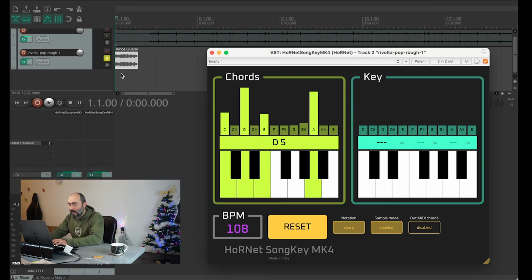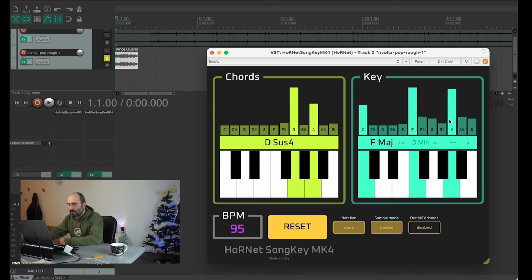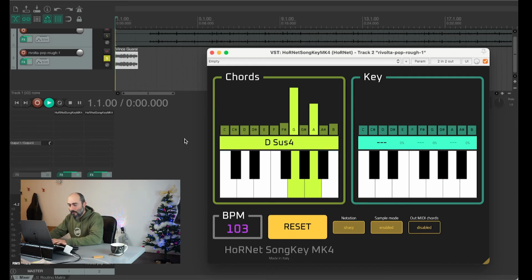It's just one chord, even though we don't have a large amount of chords that helps us identify the key. So it's a straight F major chord, and with just such a short sample we have been able to correctly identify the key, and also in the chord view